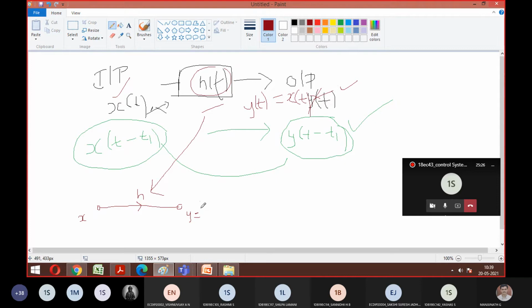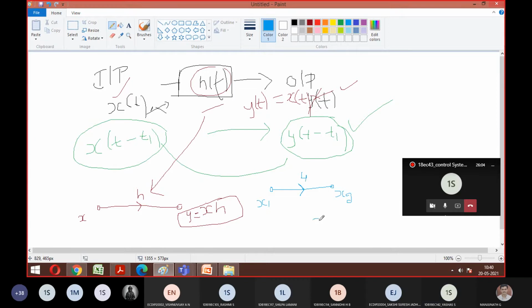So what is the input now? x is the input, and I am to take a convolution, nothing but a multiplication with h. So this is the formula. Correct? Yes, sir. In this example, they have chosen your input as x1. The same diagram I'm repeating. This may be anything. In this example, the nodes are marked with x1 and x2. They have given an arrow mark which indicates how the flow will happen. And for this, they have given a gain that is called branch gain or branch transmittance, that is 4.